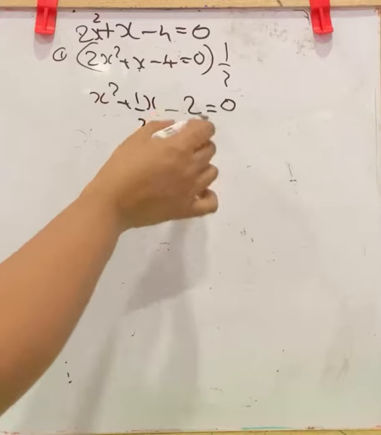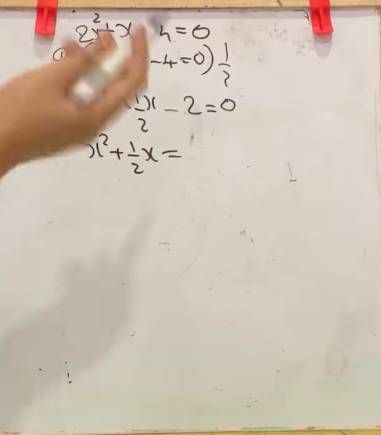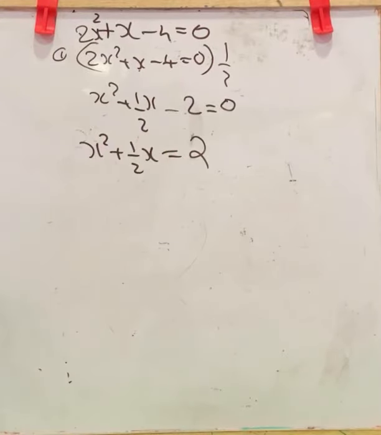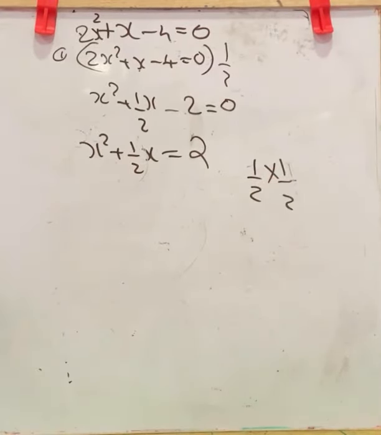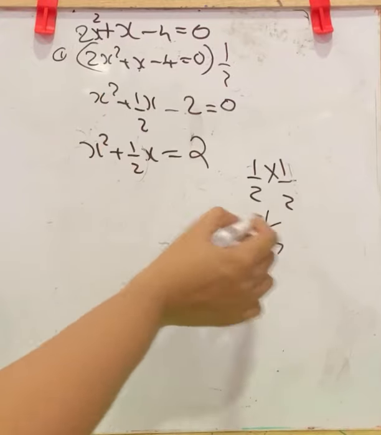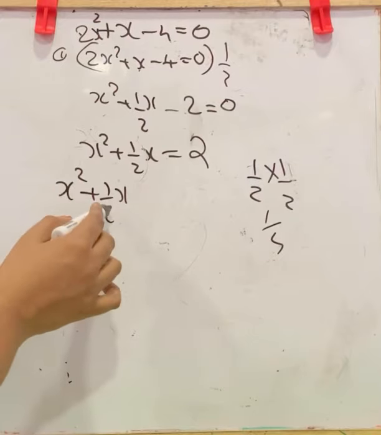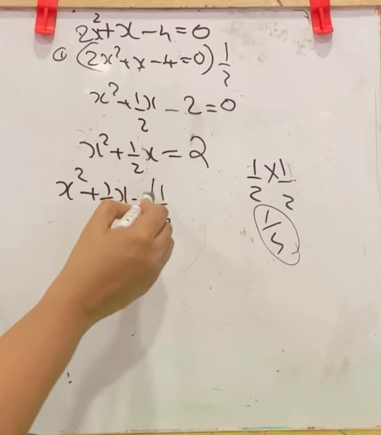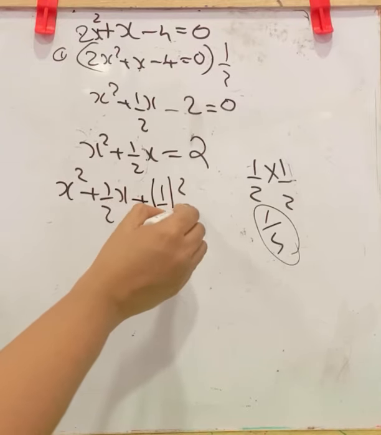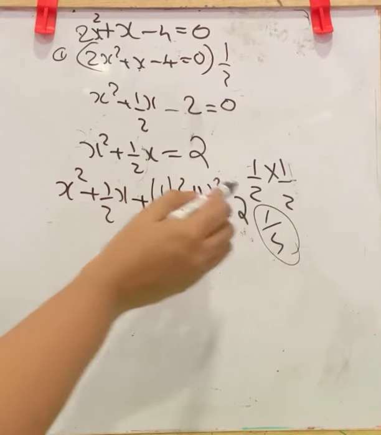Now the next step is to take this constant to RHS. x square plus 1 by 2x equal to minus 2 going to RHS, plus 2. The next step is we want to check what is the coefficient of x, and that coefficient into 1 by 2. That is taking the half of it, you will get 1 by 4. Now x square plus 1 by 2x is already in the equation. Now with this 1 by 4, we want to add the square of that fraction, and at the same time you have to subtract the square of that fraction. Then only the equality is balanced, equal to 2.